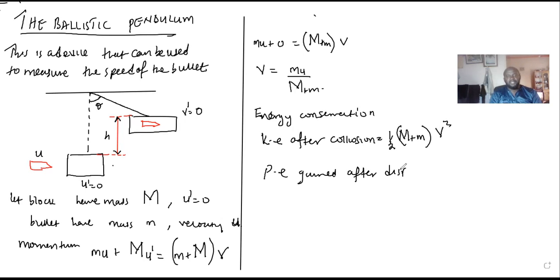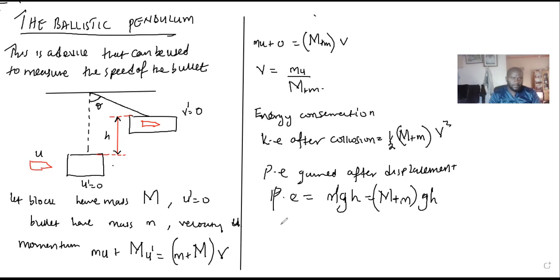After displacement, the potential energy gained will be m g h, which m is m prime, which is capital M plus small m times g